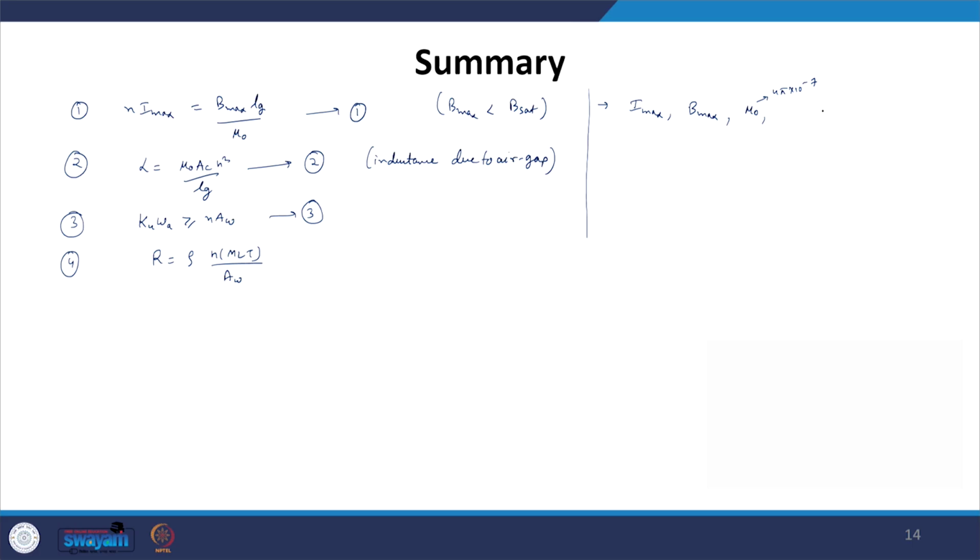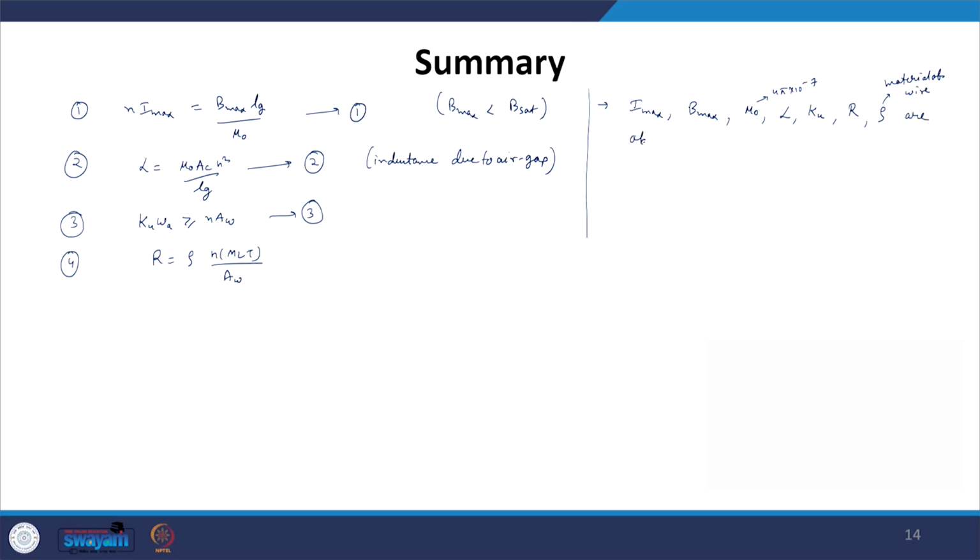Similarly, from the specification and the circuit operation, we know the inductance value which we have to obtain. We also know our winding fill factor, which is a constant defined for the kind of winding we are doing. We also know the maximum resistance we can allow in our winding from the specification, that means the amount of loss allotted to the transformer. So we know the winding resistance value we can afford, and we also know our rho value, because it depends on the material of the wire which we selected, as defined in the last class.